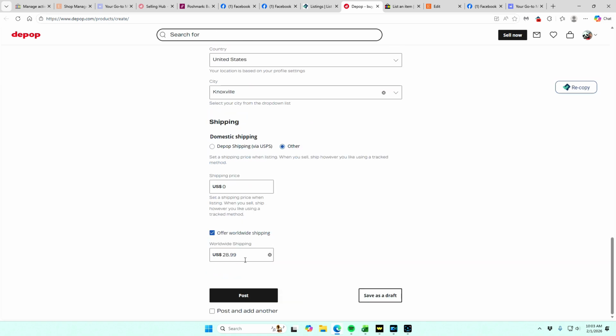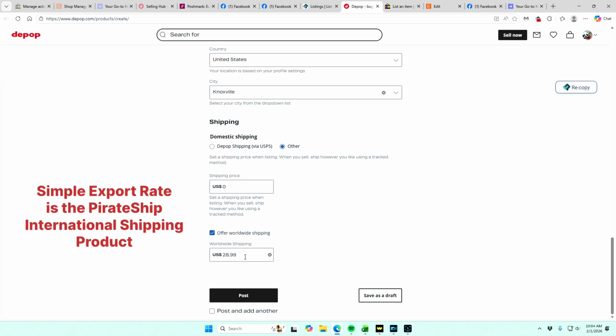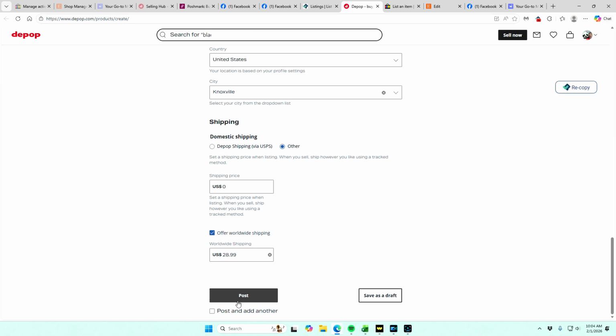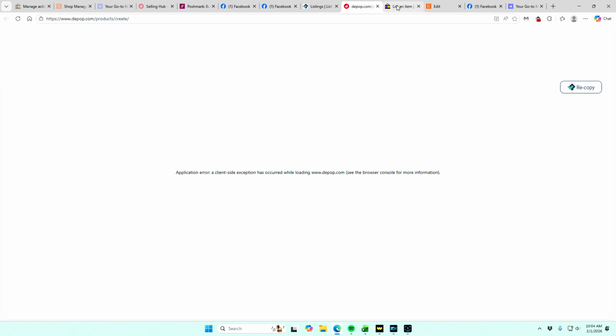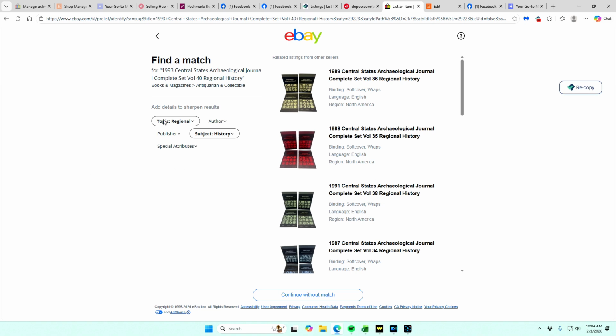I do worldwide shipping through Pirate Ship, using their international shipping option. And $28.99 is the 3-pound rate. So we'll leave that there, and then we just say post, and then we can go ahead and go to the next one. And then it comes up with this sell similar screen in eBay so that you can pre-populate a lot of